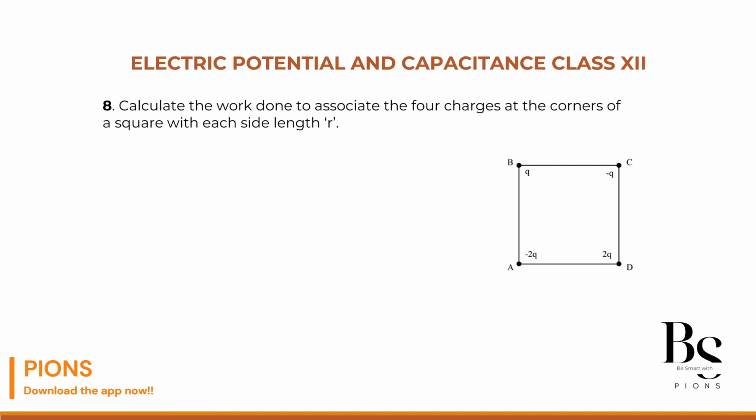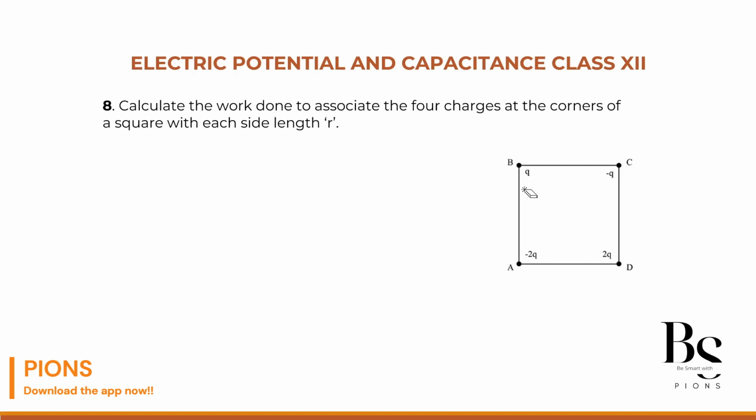side length r. Now what students do blindly, because they don't practice, they directly attend the lecture and then forget. So what they usually do is they'll say, see sir, we have four charges. We can directly find the potential energy between the first and the second charge, second and the third charge, third and the fourth charge, and simply add all the potential energies, which we usually do